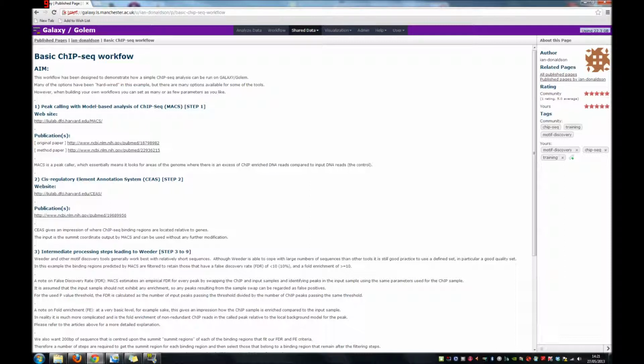I've written a more detailed description of all the steps in the ChIP-seq workflow. So we have the peak calling step, there's a website for the MACS software, the accompanying publications and a little description, and I've done this for MACS, for CEAS, for Weeder,